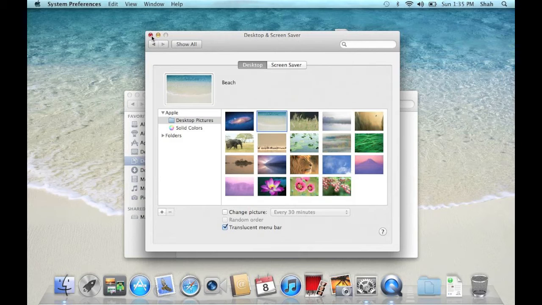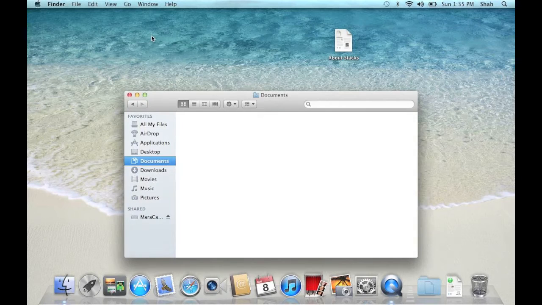Close the System Preferences window when done by clicking on the red button. Close the Documents window by clicking on the red button.